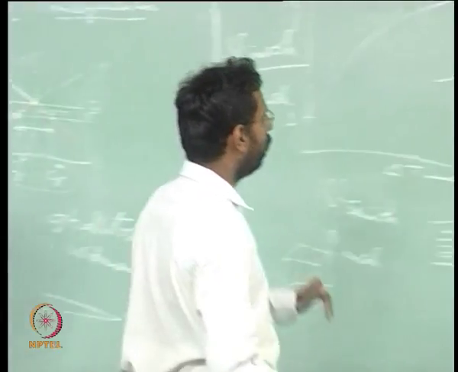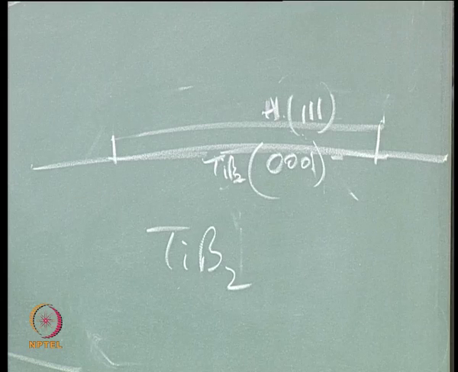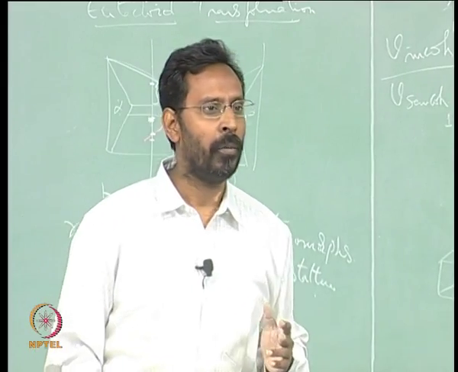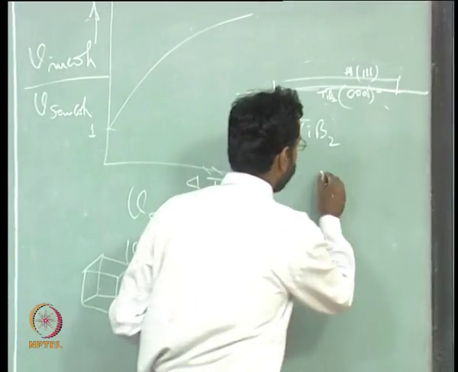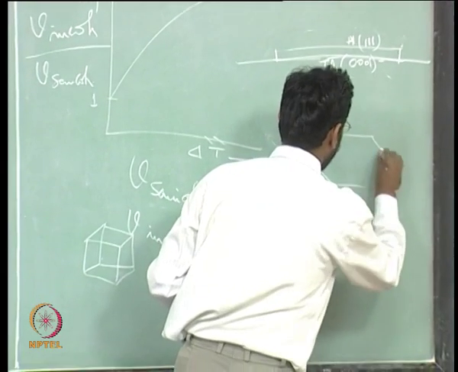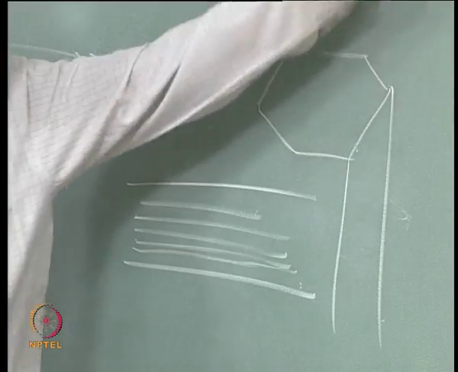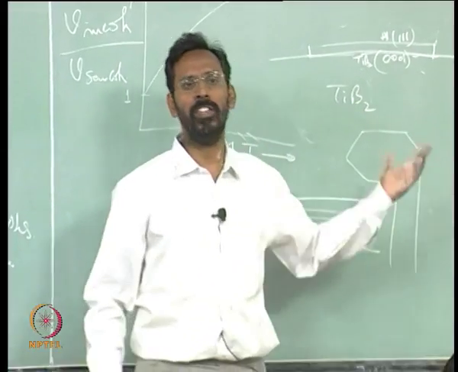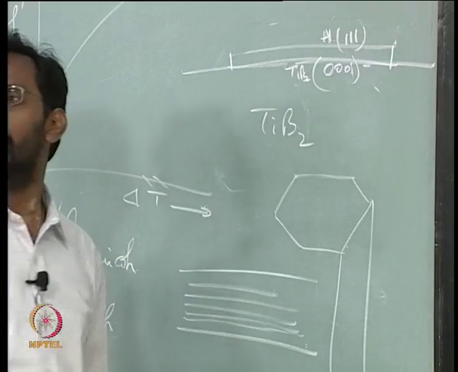If you look at what is perpendicular to the 111 plane of the TiB2, which are basically the side planes, the basal plane and the planes which are of the 111 type, you can look at them. So these planes are the ones which are perpendicular to this particular plane, and whatever plane is perpendicular to 111 may not have coherency. These two planes may not have coherency. As a result, on the two sides of this aluminum you may not see any coherency